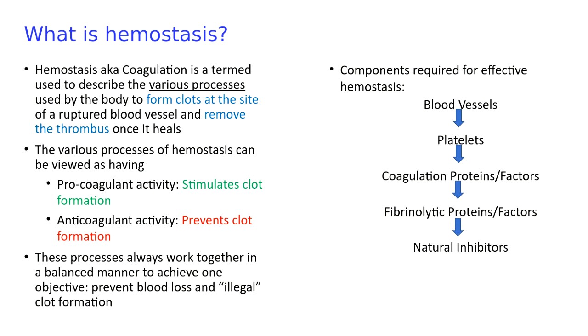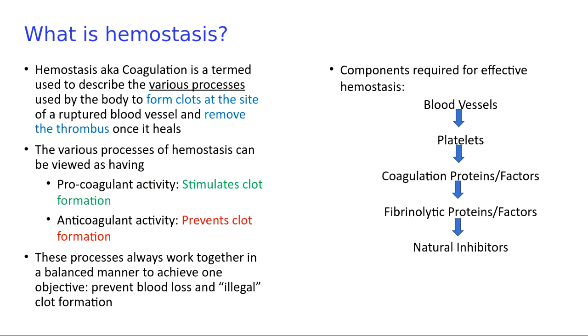So every time there's a rupture of a blood vessel because of trauma or because of surgery or because there's a disease process, then a series of events are going to happen, and they usually happen in a domino type of fashion. So first, blood vessels will react, and then platelet function is going to take place. And after that, we're going to have the coagulation proteins or coagulation factors come into play. Once the coagulation factors have formed a clot, a fibrin clot at the site of injury,